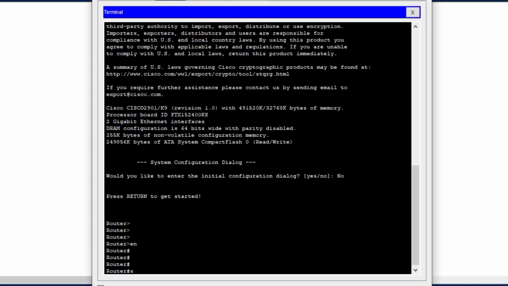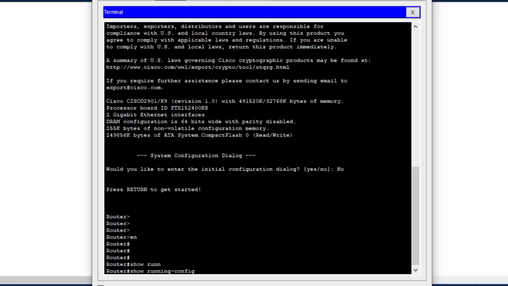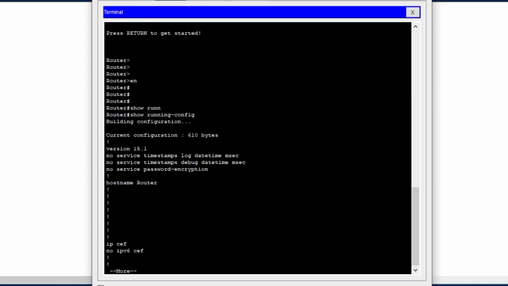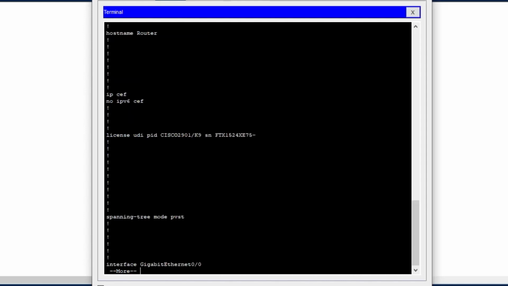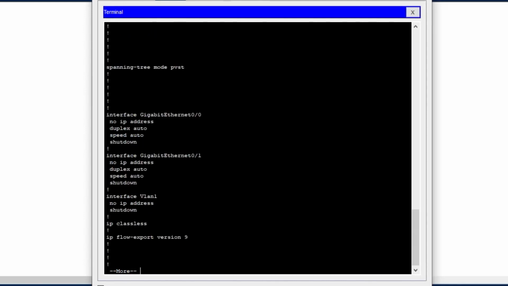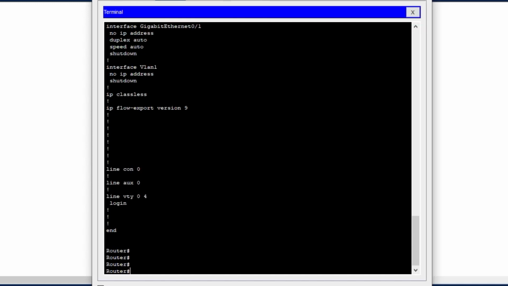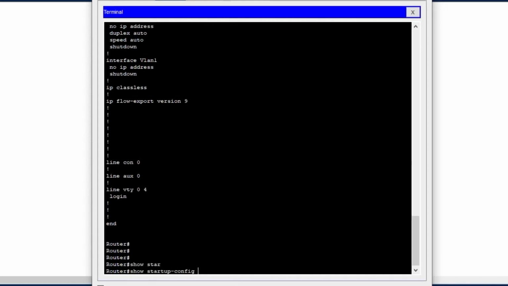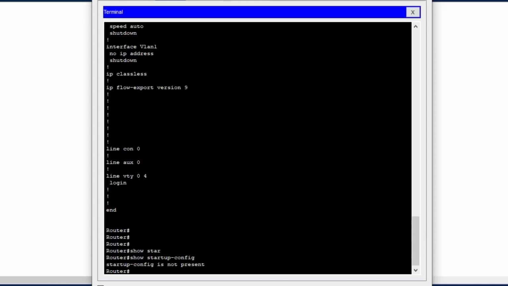So you can check it by show running configuration. So this is the default configuration of the router when you load it for the first time. Then we can see, and you might also know, that the running configuration is saved in the RAM of the router. Also, if you want to show the startup configuration, over here you can see that the startup configuration is